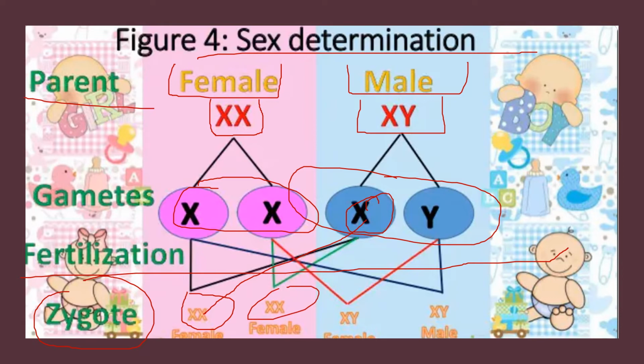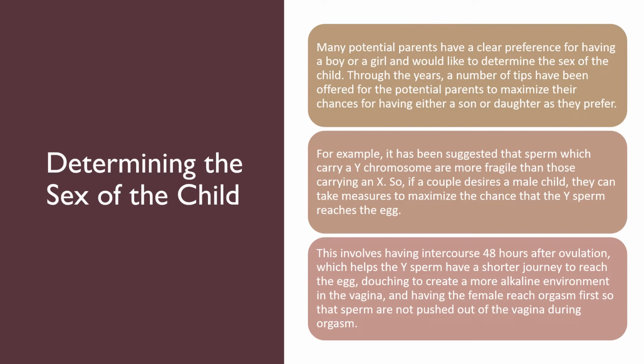And then if, fortunately, parents or families would want a boy, so you have an X for the female, and then you'll have a Y for the sperm. Again XY, so it's a male. So many potential parents have a clear preference for having a boy or a girl and